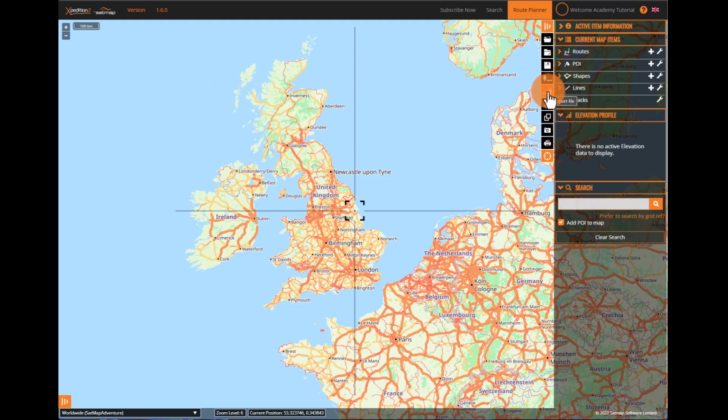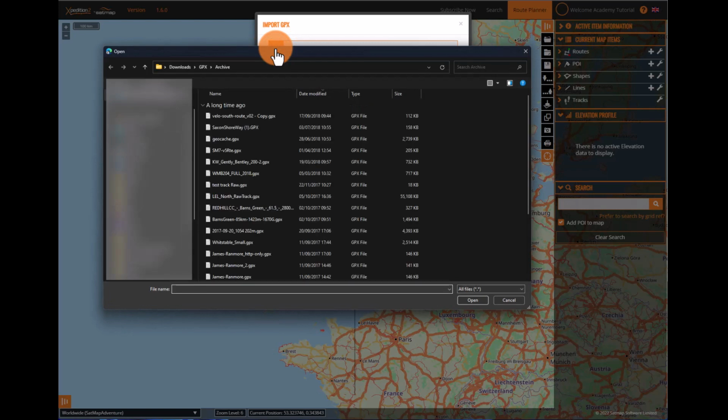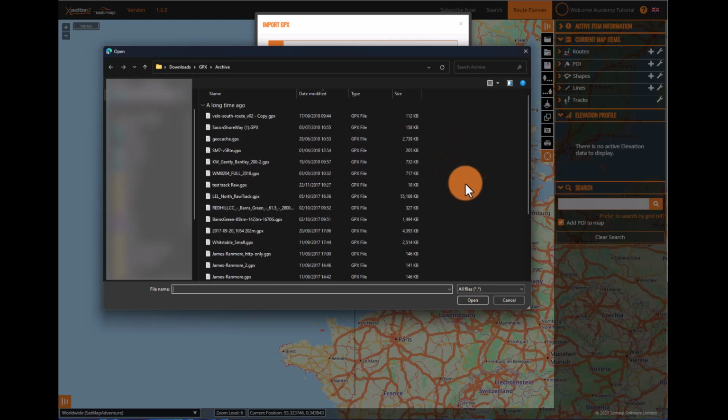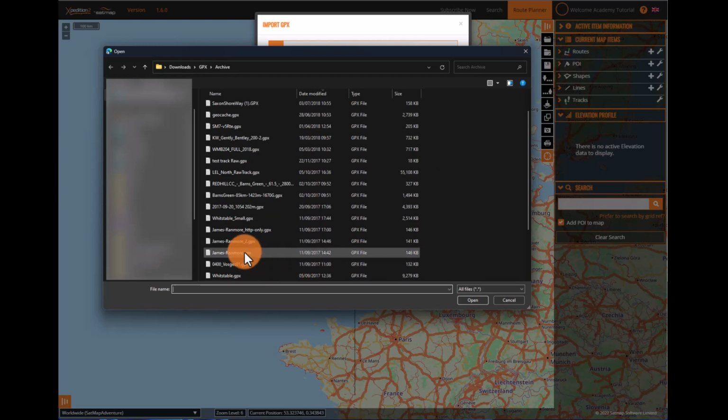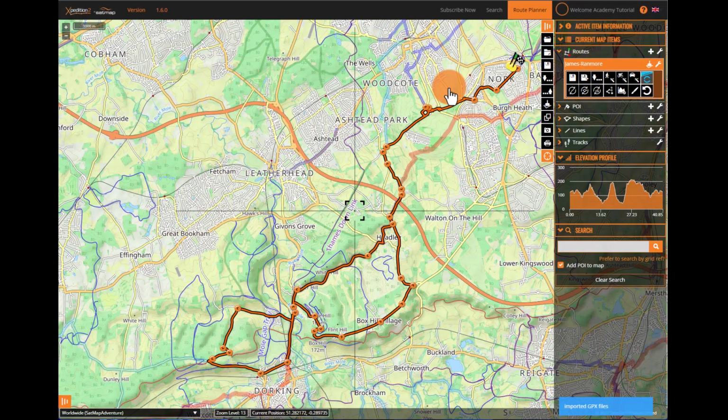We import a file by using the import file option found in the toolbar just here, and we click on this, which brings up the import GPX dialog, and then we hit the search button to find a file. I've got a number of files in here which we can have a look at, and I'm going to choose one of these. I think we will go with this one here. So I'll hit open and then import, and without further ado, the GPX route is now shown on the map